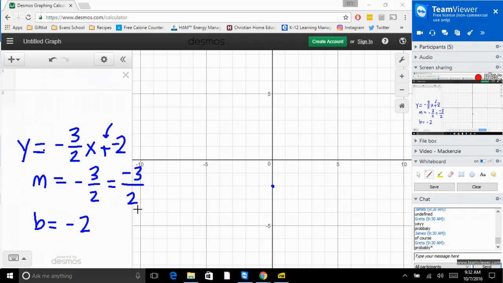You could, if you really wanted to, say that it's 3 over -2. You'll actually end up in the same spot, and I'll show that to you. So that means that I rise -3 and I run +2. So practically what that means is I rise -3. So if I'm rising -3,